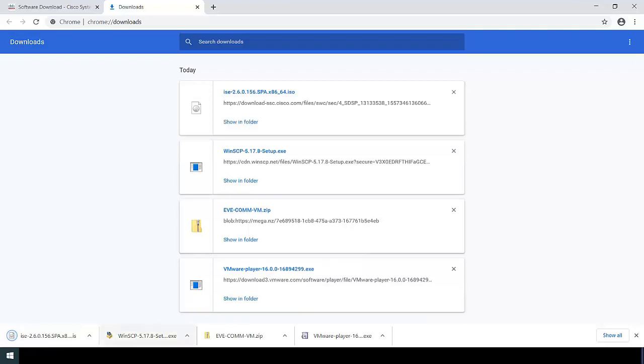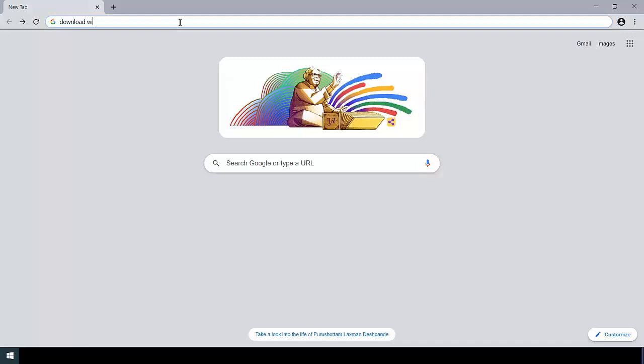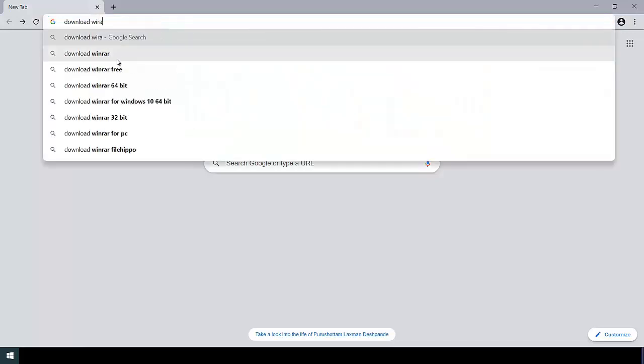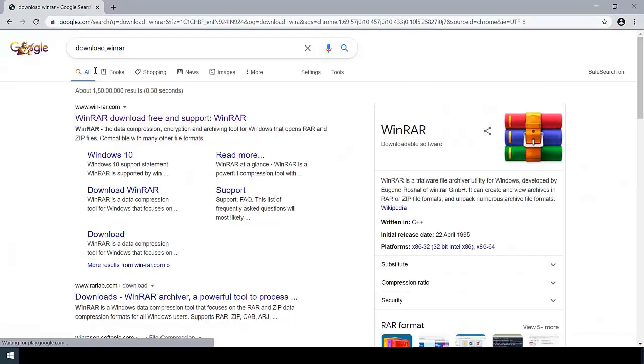Okay, so our ICE is downloaded now and we can move to next download. Next we will download WinRAR to unzip the zipped files.